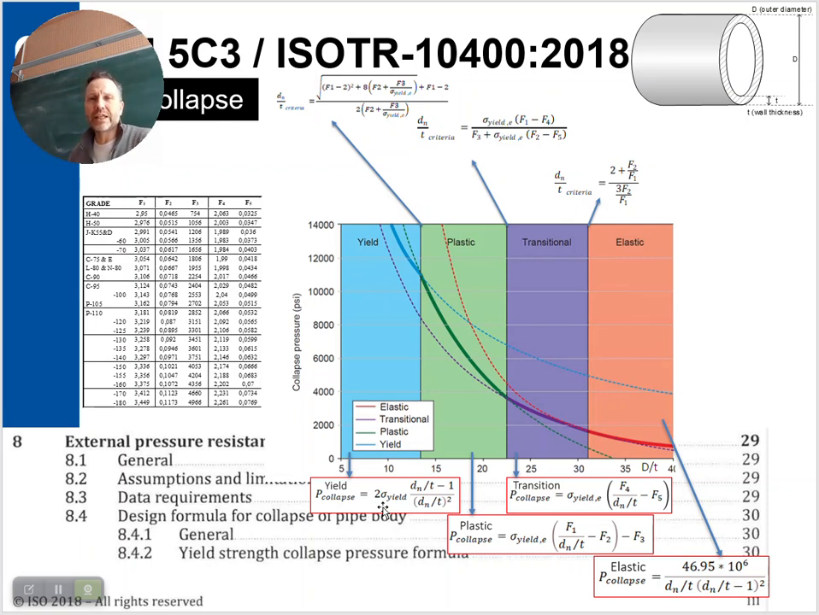Let's say that your DT ratio is below the limit between plastic collapse and transition collapse. Then you choose the plastic collapse if it's within that range between the limit here and here. Basically, you put in the numbers here, the DT ratio, and you put in the values for these factors. Now, the sigma yield E is a corrected yield strength,